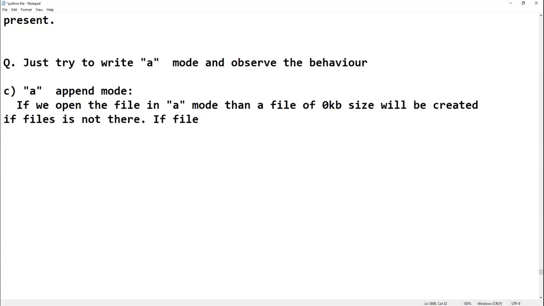If the file is already present, then it will not remove the content. Like you can see in write mode, it removes the content. Append mode will not remove the content.